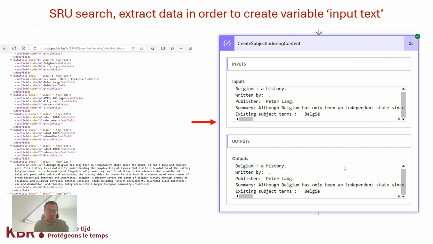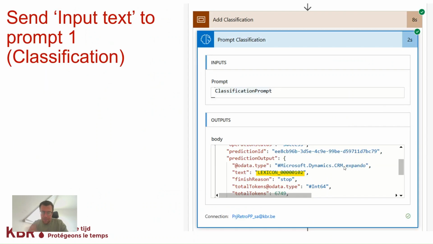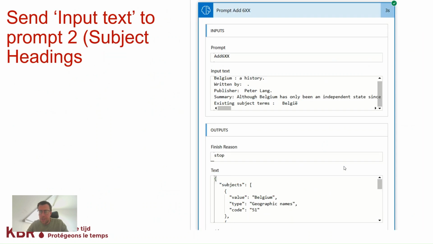We say, okay, take $255 $A, $B, $520 A. This is the input text, and the output is the lexicon identifier. So we saw already that this is a term of the history of Belgium. Okay, it's non-fiction, so use the second prompt. And the second prompt, we also saw that it gives Belgium geographic name, cultural conflict as topical term, and so